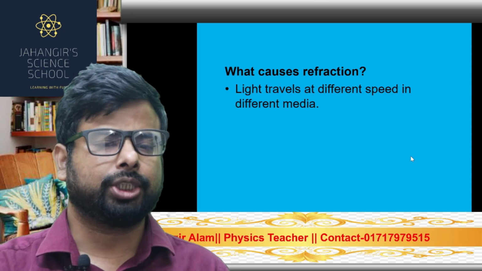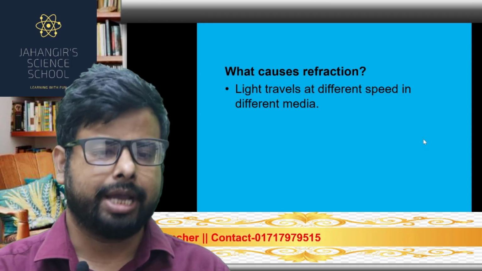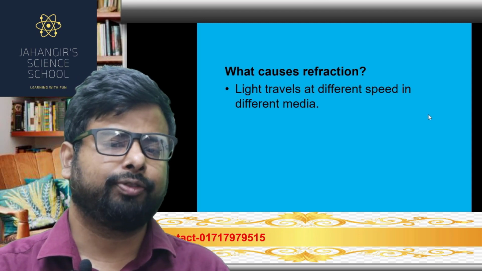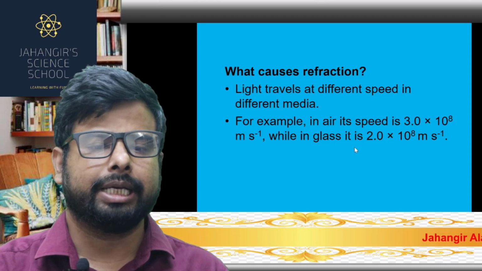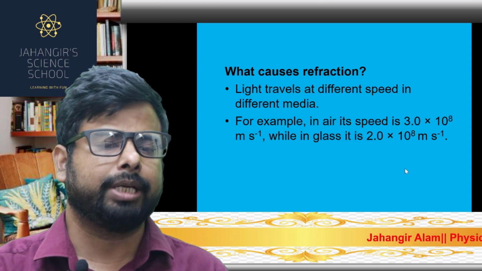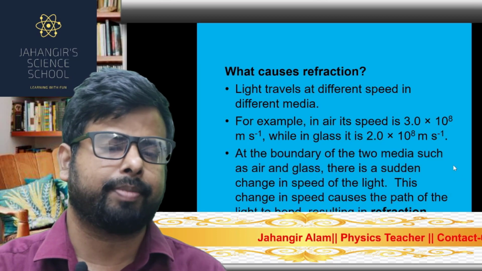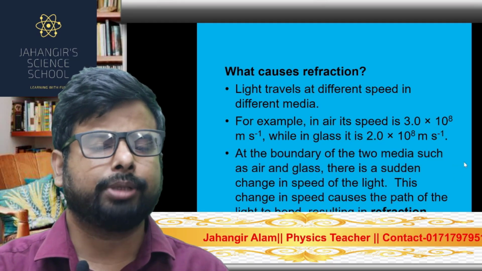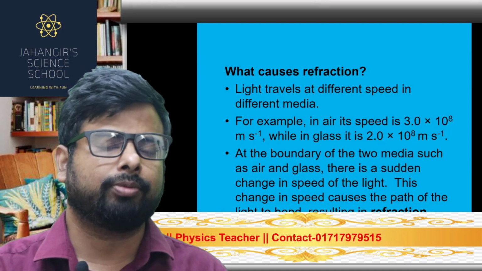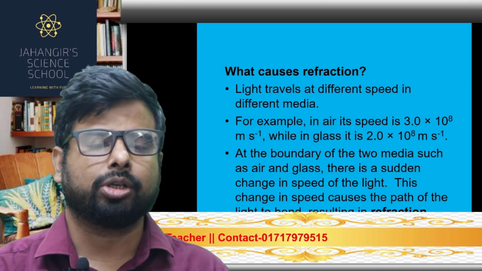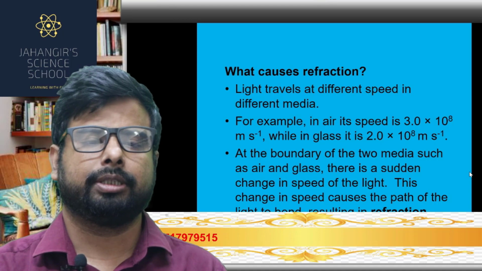What causes refraction? Light travels at different speeds in different media. For example, in air its speed is about 3 × 10^8 meters per second, while in glass it is 2 × 10^8 meters per second. At the boundary of two media, such as air and glass, there is a sudden change in the speed of light. This change in speed causes the path of the light to bend, resulting in refraction. Remember,